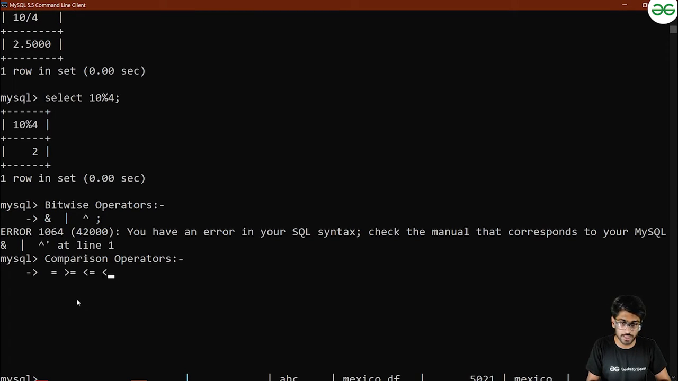Then there is less than, greater than. The last one is not equal to. The not equal to is represented by this sign, that is less than followed by greater than. So these are all the six operators of comparison in MySQL, and I'm pretty sure you already know the